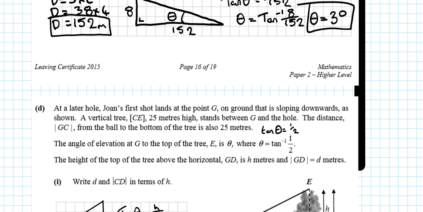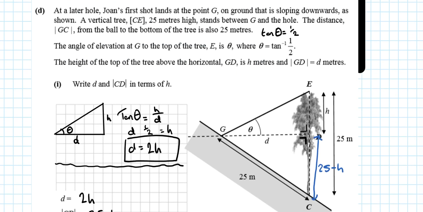At a later hole, Jones' first shot lands at the point G on the ground. On ground that is sloping downwards as shown, a vertical tree, CE, 25 meters high, stands between G and the hole. The distance GC from the ball to the bottom of the tree is also 25 meters. The angle of elevation at G to the top of the tree E is theta, where theta is equal to